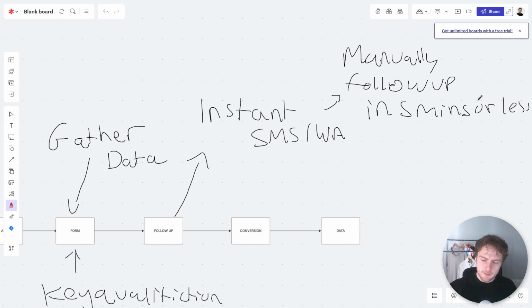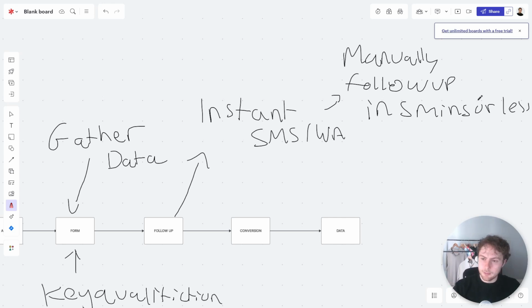It is proven that if you can follow up within 5 minutes, it will increase conversion rate by up to 250%. So let's say you submit the form, you likely have the offer, but you don't hear back for a couple of days, and then you get a phone call from a random number. You don't know what that random number is, you probably think it's spam, so you ignore it. Now on the other hand, let's say you submit a form, within 3 minutes you get a phone call. You're probably going to associate that with the Facebook form you just submitted, and you're going to pick up and